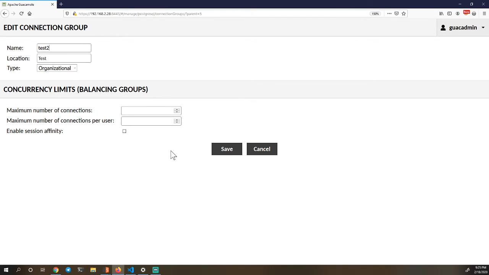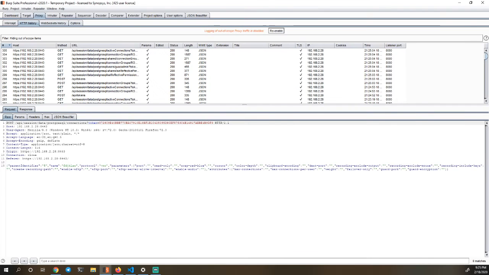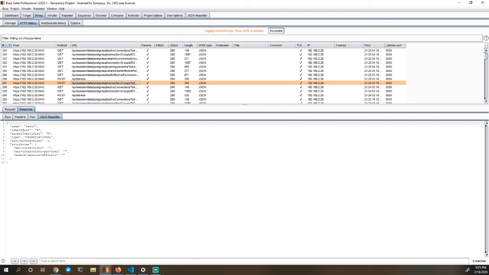Plus 2. Why not, right? And something tells me that the parent identifier is going to be 5. Yeah. So that's all it did, was identify the parent identifier. And then that's going to assign it identifier